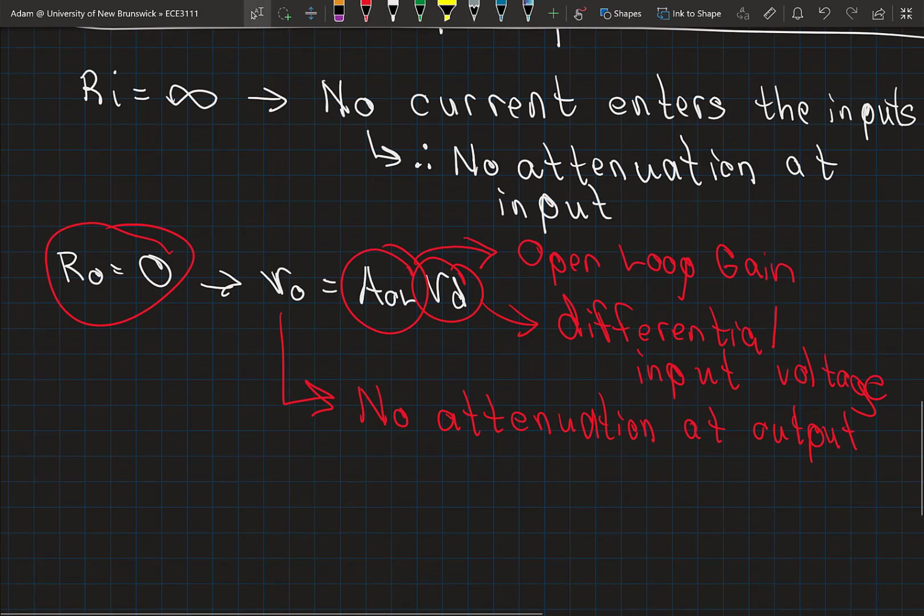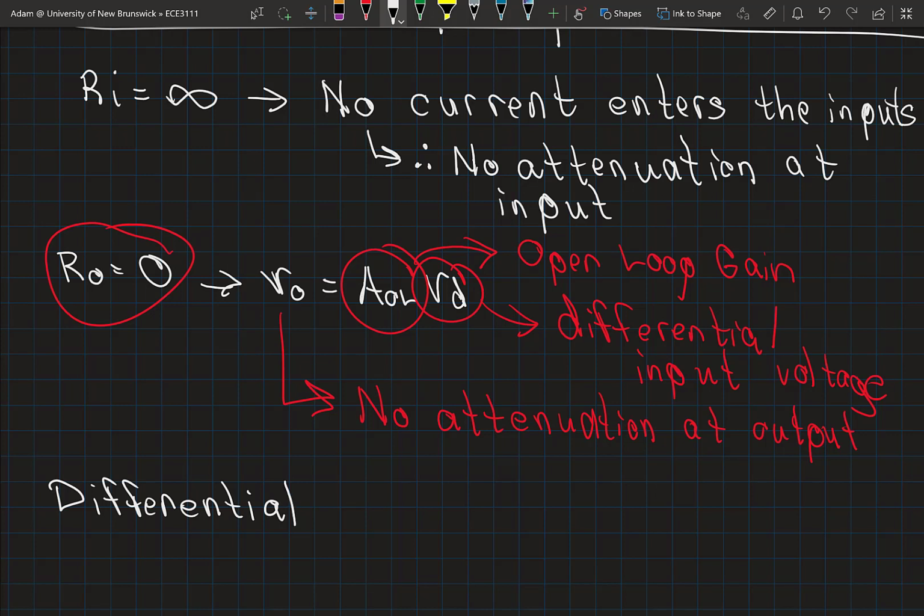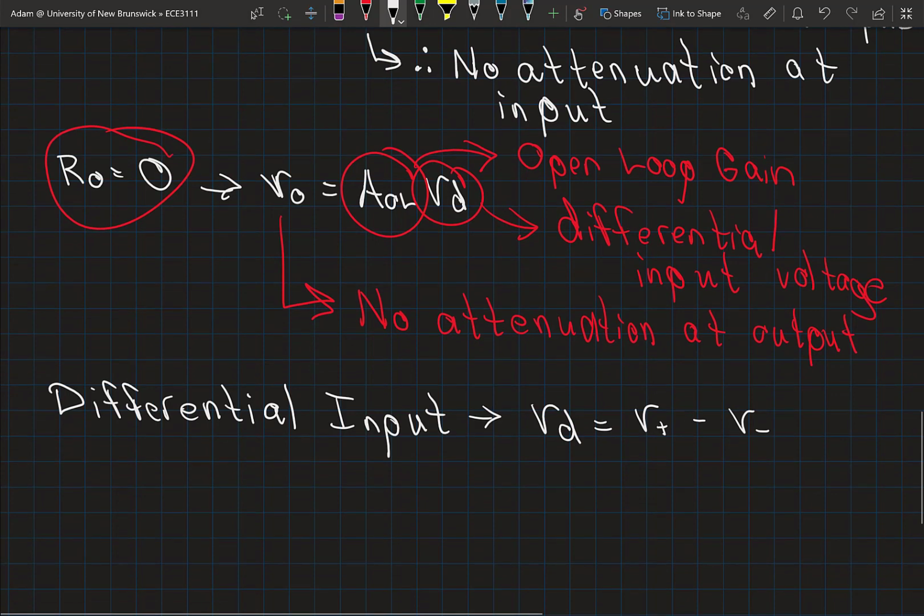Another aspect of the differential input that you may not immediately think about: the differential voltage, which is the voltage that is amplified, is the difference between the voltage applied to the non-inverting terminal minus the voltage applied to the inverting terminal. The impact of this input being differential means that